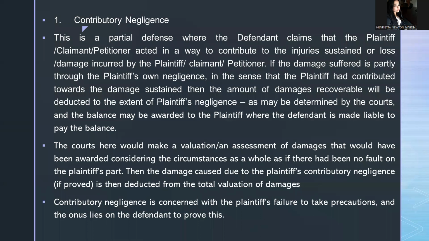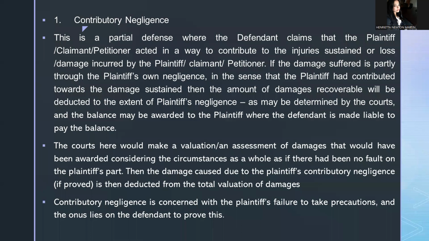So now the courts would evaluate or assess the damages, taking into consideration the role played by the plaintiff that caused the damage, as well as the role played by the defendant, and accordingly attribute and appropriate the damages in such a way that justice is served, and would deduct the plaintiff's role in causing the damage. They would assess it in their wisdom, deduct that amount, and ask the defendant to pay the balance to the plaintiff. So that is contributory negligence.